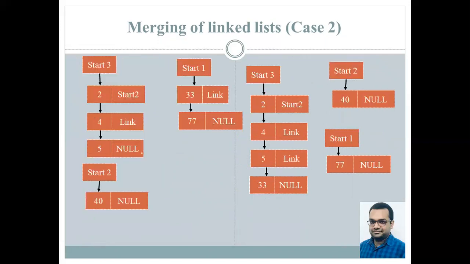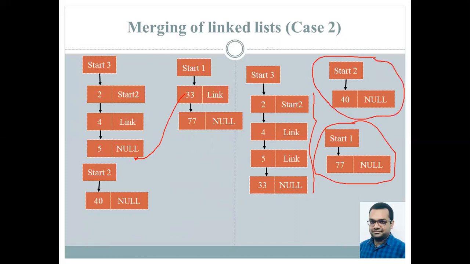So as a result of this, you will see now the next node to be inserted will be node number 33, as it is shown over here. So now you can see our linked list. Now in this scenario, our start1's link will be equal to null and start2's link will be equal to null. Now both of these checks will be false in the while loop. So the program will come out of the while loop.